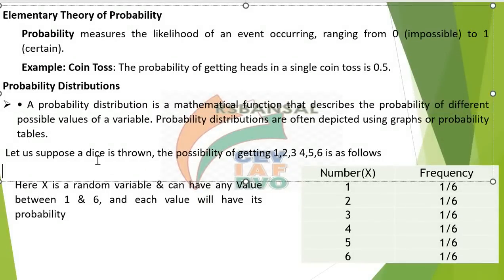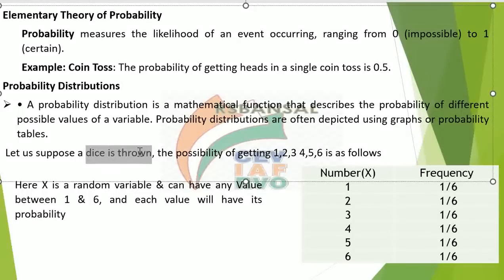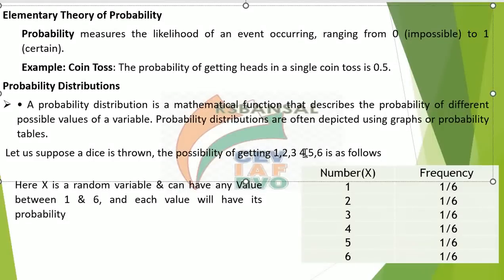See here, for example, you throw a dice. Let us suppose a dice is thrown. Then the possibilities of getting 1, 2, 3, 4, 5, and 6 are as follows. Here x is a random variable and can have any value between 1 to 6. A dice is thrown, so it means the number of events is 1, and the number of possible outcomes is 1, 2, 3, 4, 5, and 6. It means each number will have